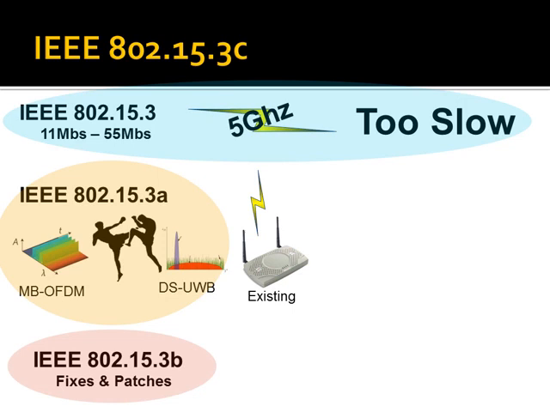Another group was using something called multiband orthogonal frequency division multiplexing. This is frequency division multiplexing on steroids. Basically, instead of taking one carrier and putting a stream down it and taking another carrier for another user and putting a stream down it and taking another carrier for another user and putting a stream down it.